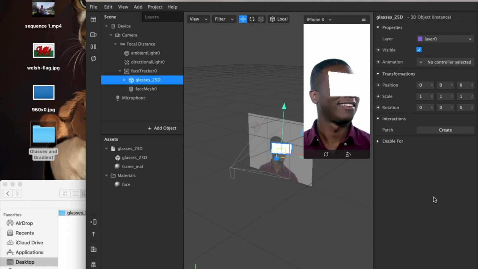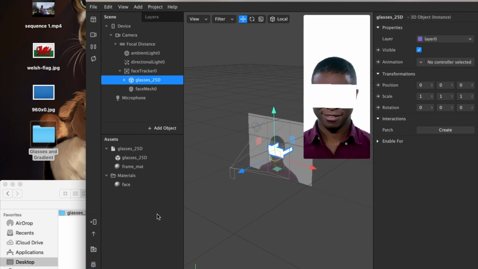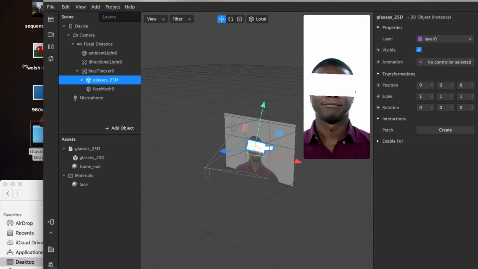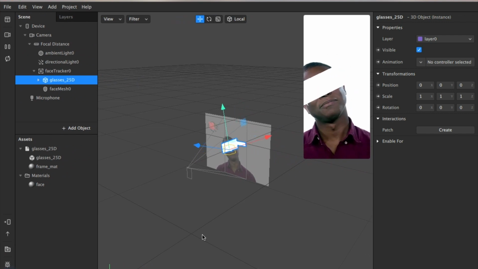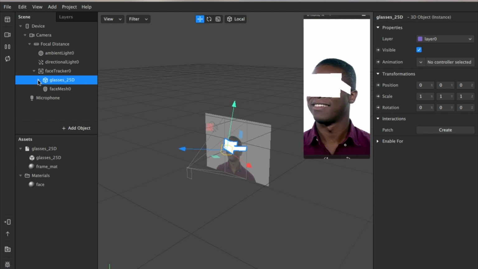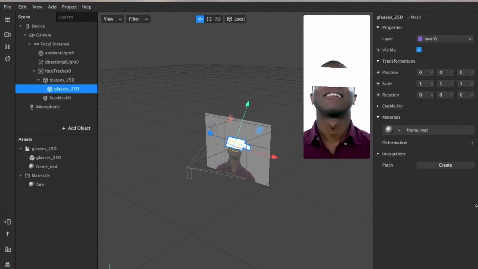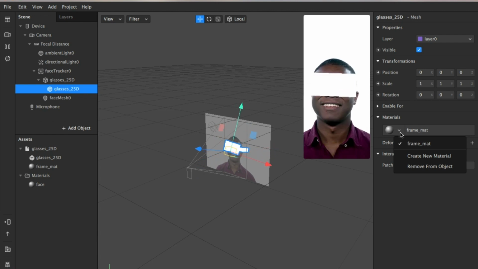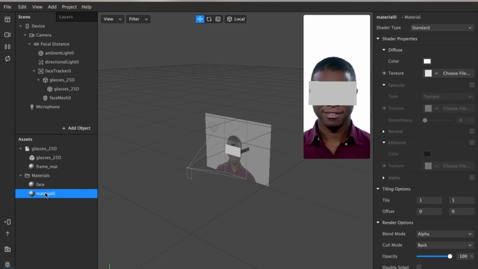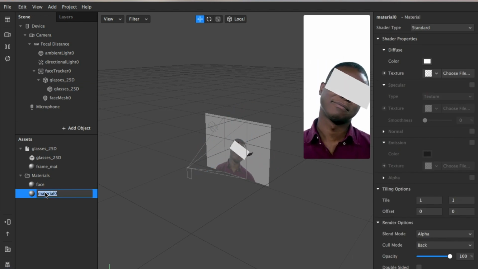And then now your glasses need a material. If you click on glasses, you'll initially see there's no material because you need to open the drop down menu and click on glasses, and then you can create a new material. So if you click on this drop down menu here and do create new material, which brings it again down to the left hand side,